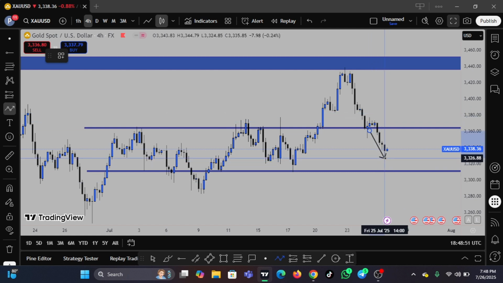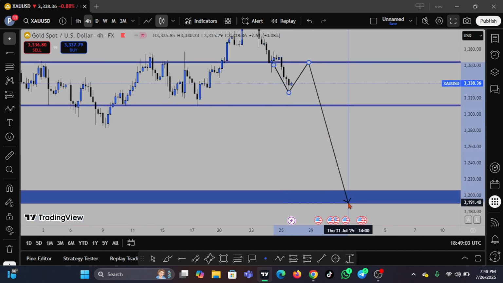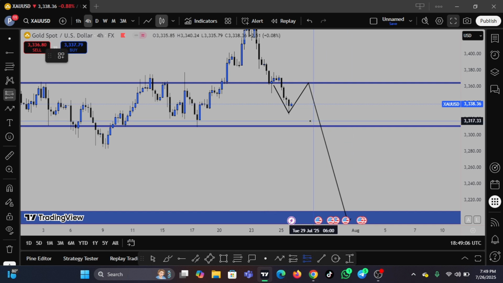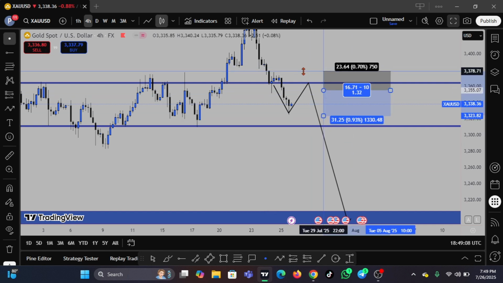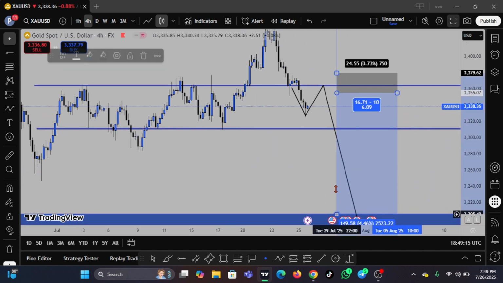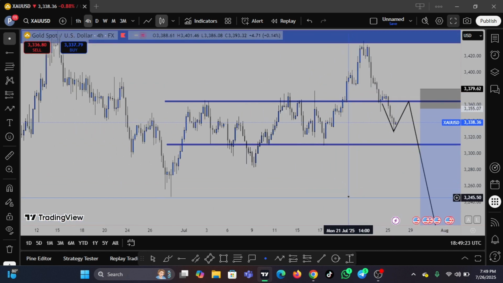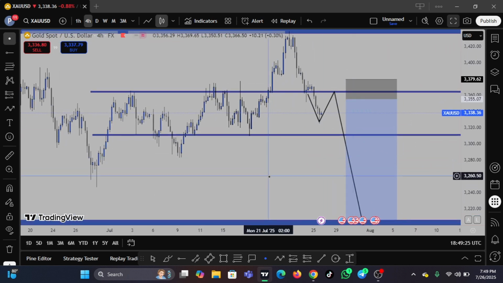So for price to drop down, now that I'm looking at a possible head and shoulders on the weekly chart, for me to trade a sell, I want to see price retesting this level, and then I'll be looking for a short opportunity back to this level. If price should drop this way, hey, that's some good money to be made off gold. 6R, but my first level target, of course, is going to be here. This is going to be my first level target and overall level target right here. So this is my view on gold for now.